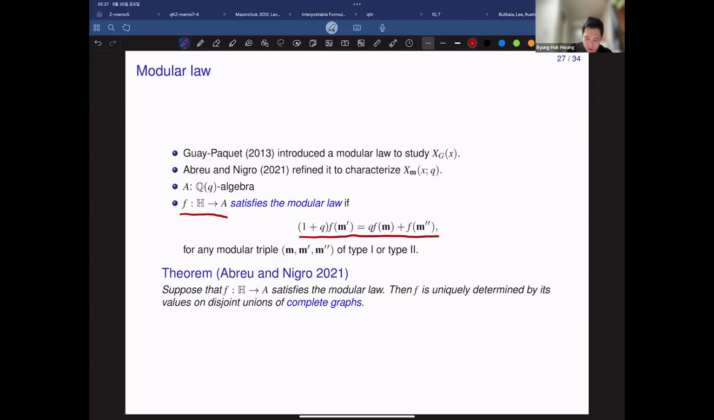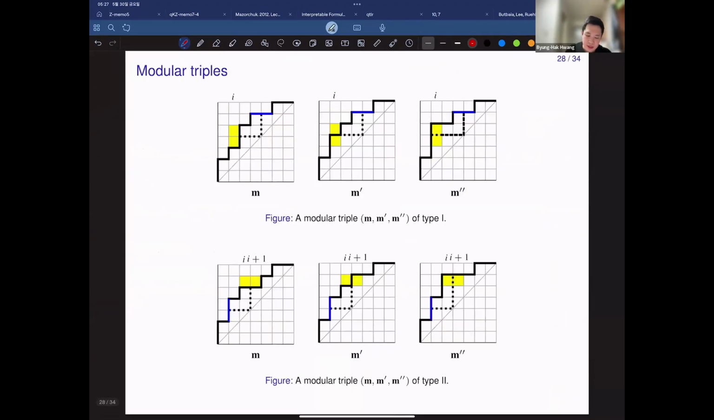Then Abreu and Nigro proved that a function satisfying the modular law is uniquely determined by its values on the disjoint union of complete graphs. And this is the definition of modular triple. So you have two yellow boxes here above this path, then